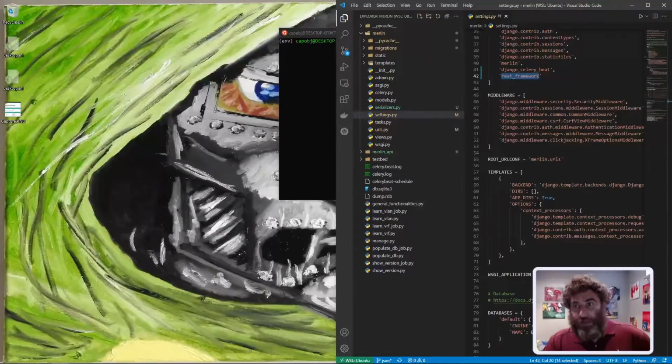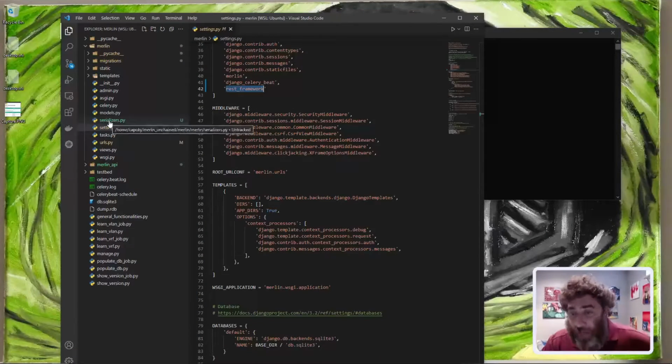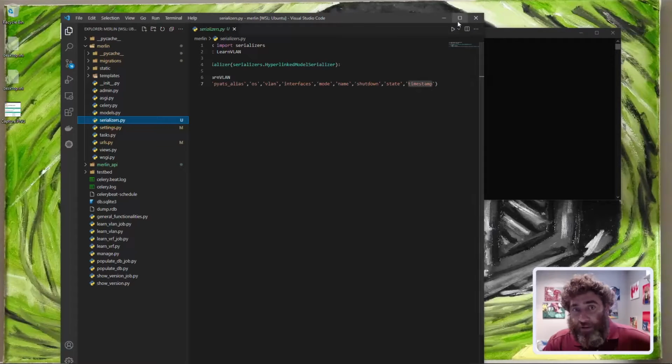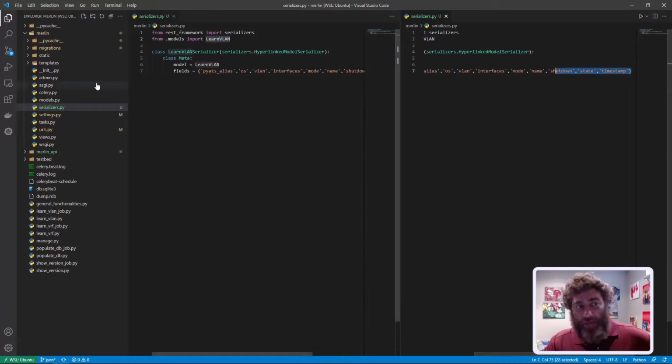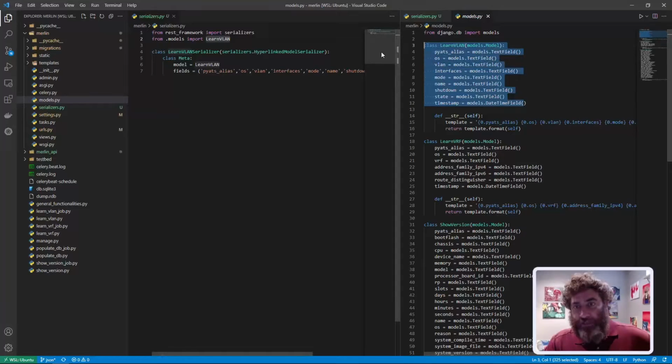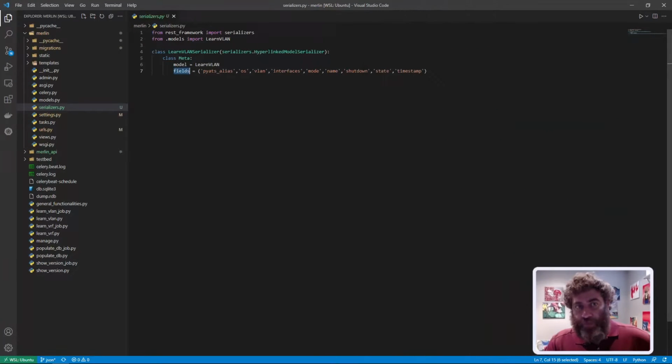So let me show you how we serialized the data in a new file called serializers.py. Okay, now serializers, from the REST framework, we need the serializers. And from models, we just import our existing model. Crazy, right? It's already ready to go. So now we set up a new class with a unique name, VLAN serializer, and we're calling a serializers.HyperlinkedModelSerializer. We're going to set up a meta class where the model is our model. And then the fields, well, where did I get these fields? I got them from the model. I literally copied these and put them into the fields. Okay, so now we have